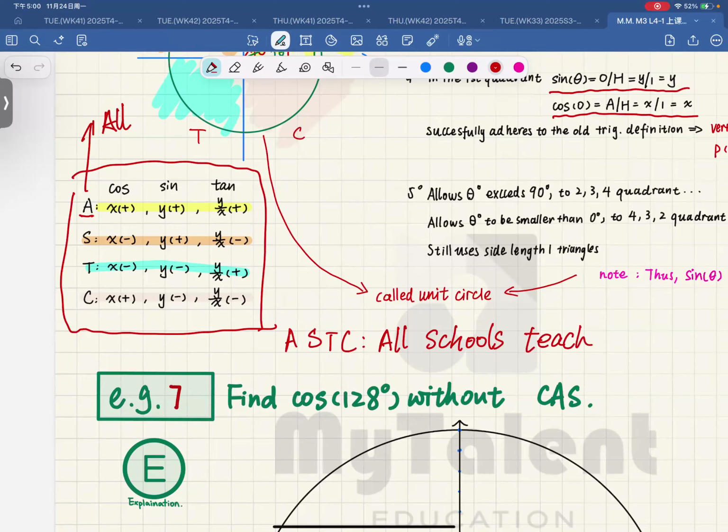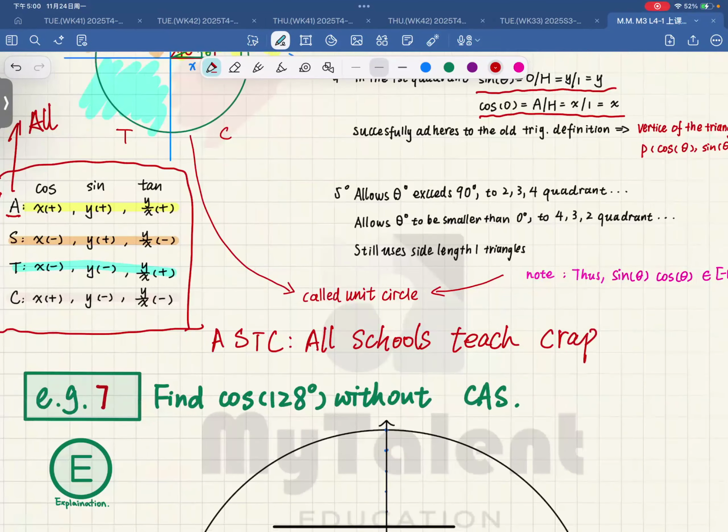I just say add sugar to coffee. Oh, that's how you remember it. Well, I remember plus minus. Yes, you can, but you need to know what A, S, T